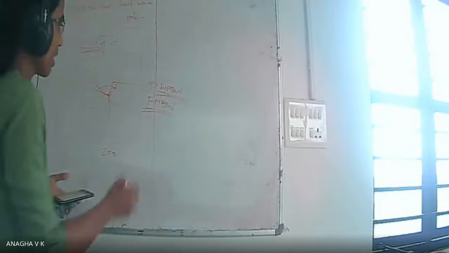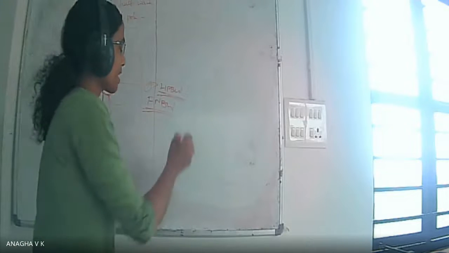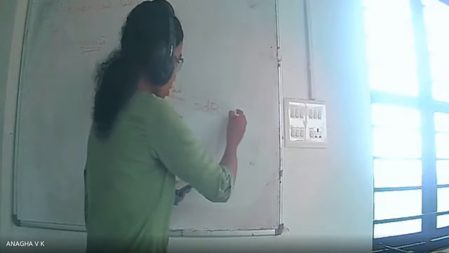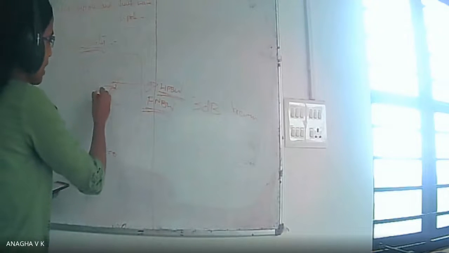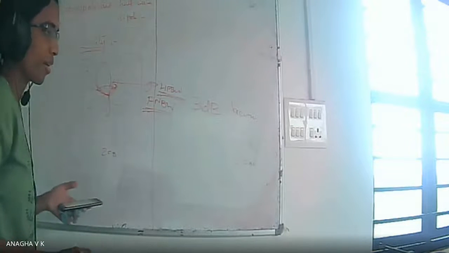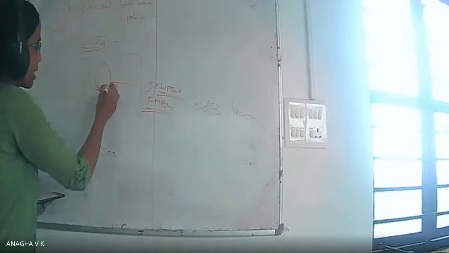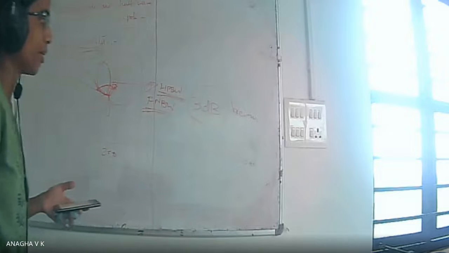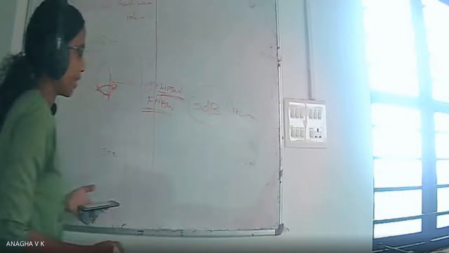So what else is half power beamwidth known as? Half power beamwidth is also known as 3 dB beamwidth. Because of what? Because here the power is 3 dB down from the maximum power. The radiation pattern has a maximum power, and at these points the power is 3 dB down the maximum power. So that's why it is termed half power beamwidth.